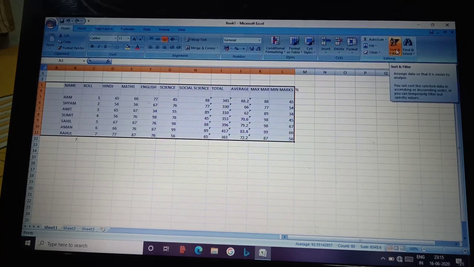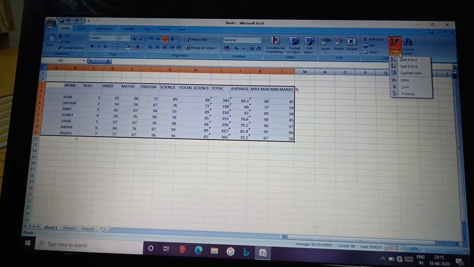Sort and filter, we can see here. We will click on the small pointer over here, and we will click on custom sort.